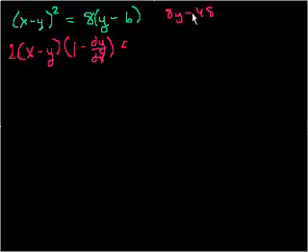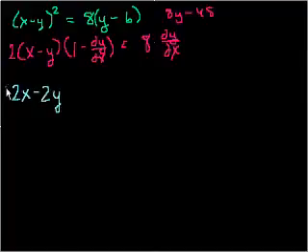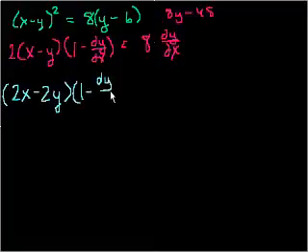and so if you take the derivative of this with respect to x, the constant doesn't contribute. So what's the derivative of 8y with respect to x? What's the derivative of 8y with respect to y, which is just 8? And by the chain rule, times the derivative of y with respect to x. And now we just solve for dy dx. So let's see, you get, and I will do a different color now, 2x minus 2y times 1 minus dy dx is equal to 8